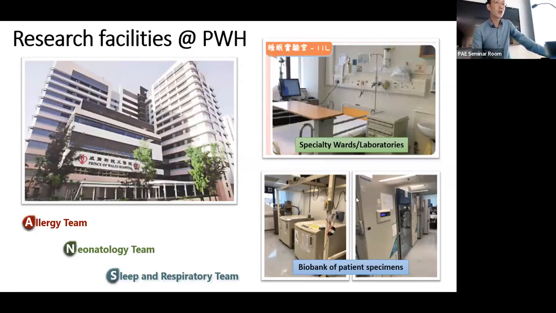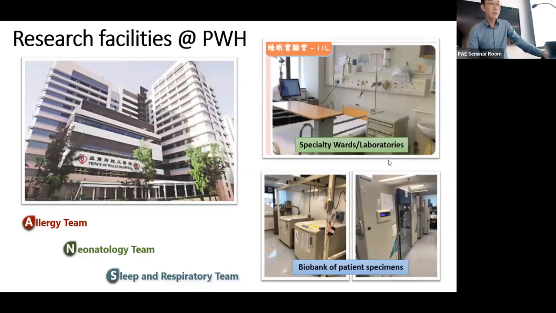But I want to mention that once you enter the medical school to conduct a PhD or master degree, the most important distinction from working on campus is that in a clinical department, you will touch patient samples. This makes us unique. I also came from the campus of CUHK, and when I was studying for my PhD here, I could see a big difference compared to the campus, because we have patient samples and patient data, and we conduct research of clinical relevance.